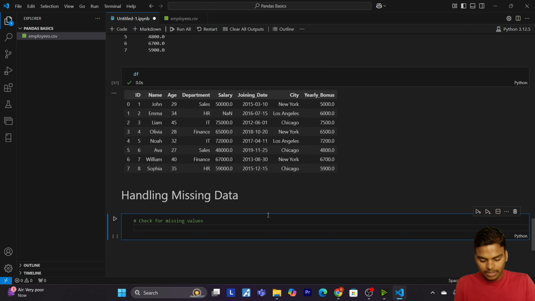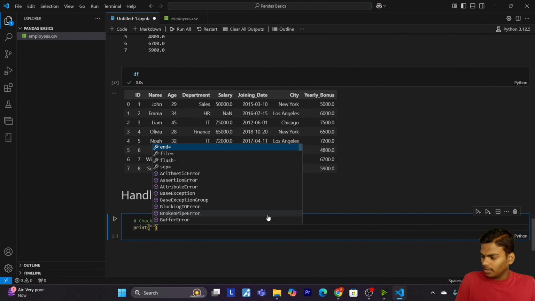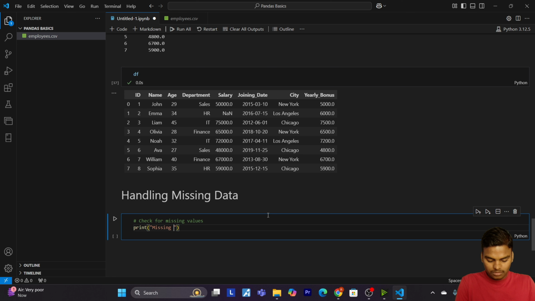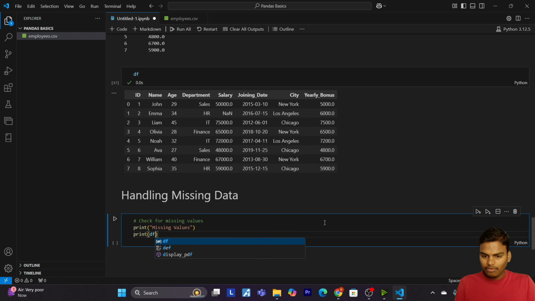Then I will print missing values. Then print df dot isnull dot sum.